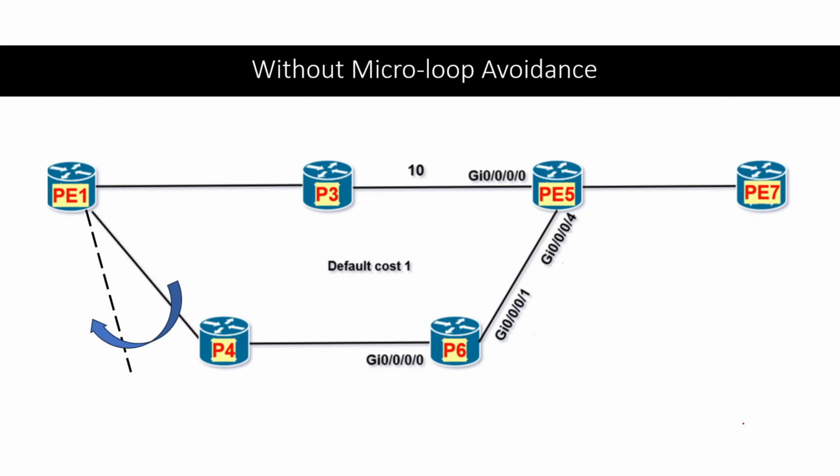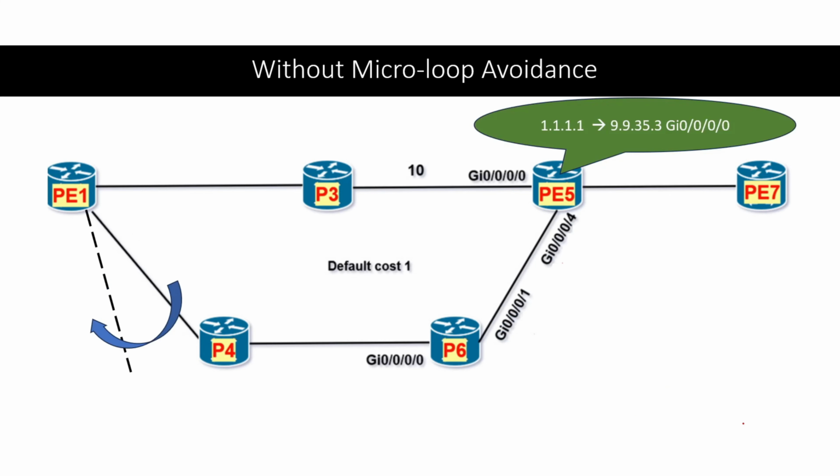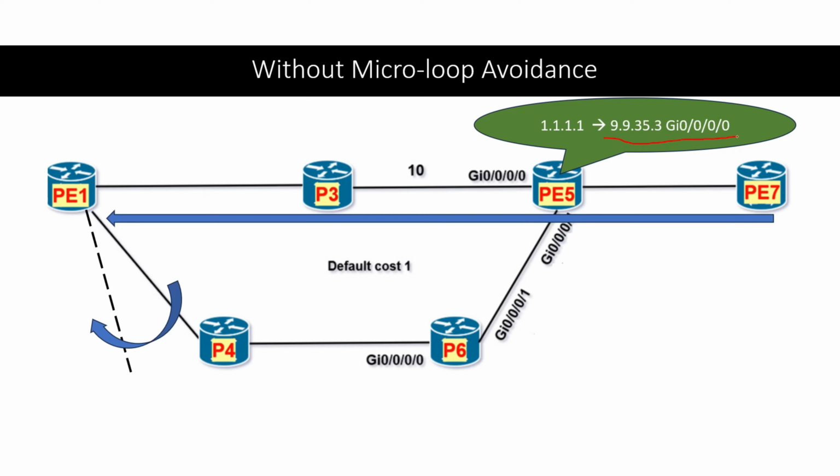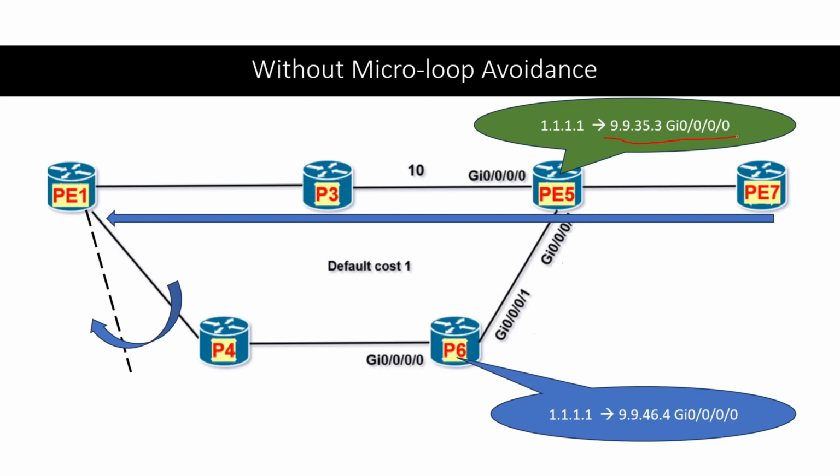So what if we remove that link? In that case, PE5 runs the SPF very fast, populates the entry towards the P3 gig00 interface, and traffic between P7 to P1 runs via PE5 and P3. It works fine. But if there is any traffic hitting via P6, which is very slow, and the entry is still pointing towards the P4 old entry,